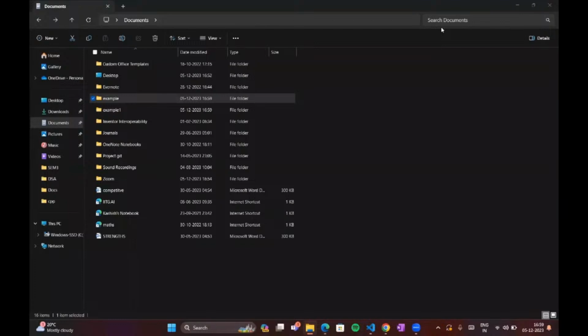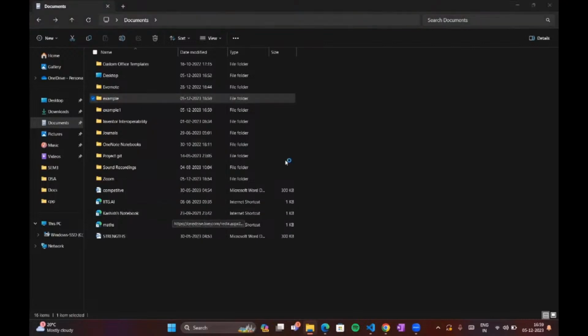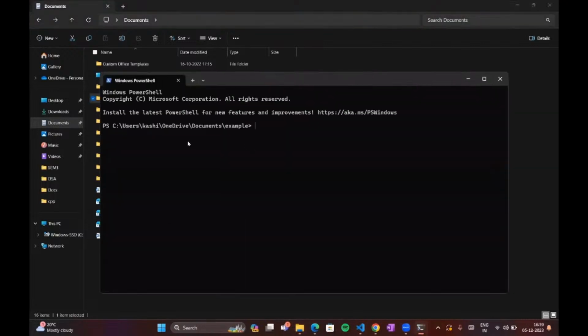Now, let us talk about creating a repository. For this, you need to have Git installed on your PC. Let us suppose that I want to initialize a Git repository in this folder called example. I will open the folder in my terminal and use the command git init to initialize an empty Git repository in this folder. Initializing a Git repo means that Git is going to now keep track of all the changes that are made